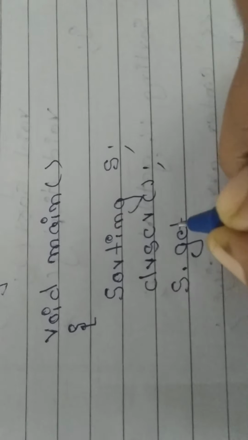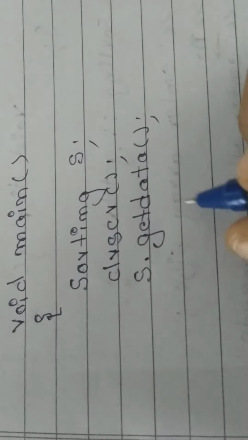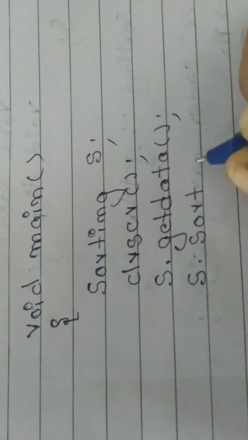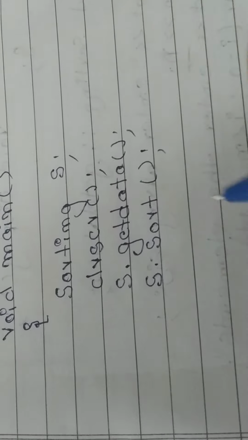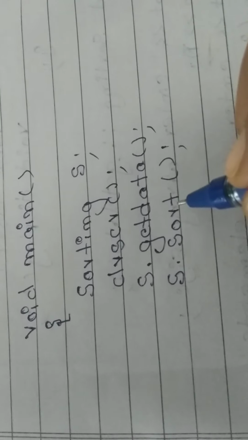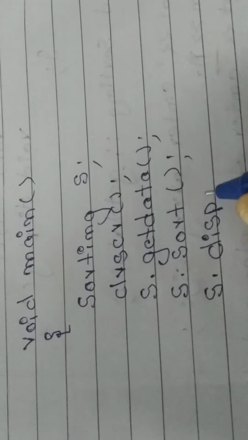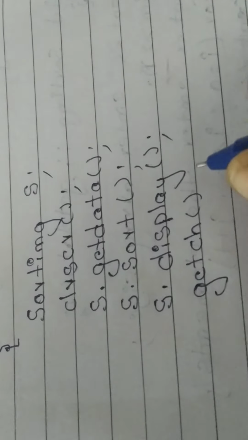Using the object, we'll call functions. Okay, so the first function is get data of, and the order in which we are calling is very important, students. If we call sort first, how will it sort? First we should have data to sort, no? If we call get data and display, whatever we got, only that it will display. But if we write sort, then sort gets data first, then sorts the elements, then display means the displayed elements will be sorted elements. So order is very important. You can define in any order, but calling order is very important, students. Okay, getch. Without getch we won't get output.